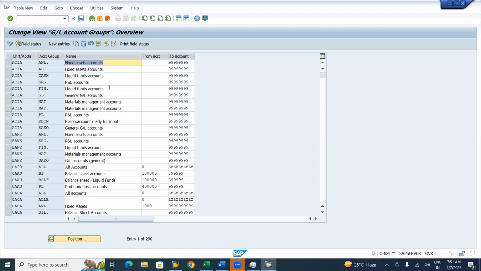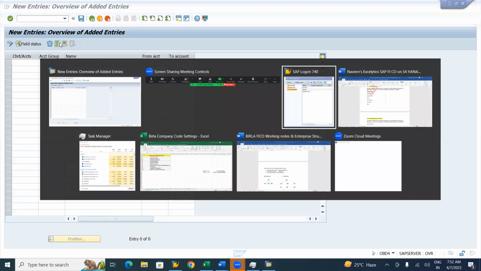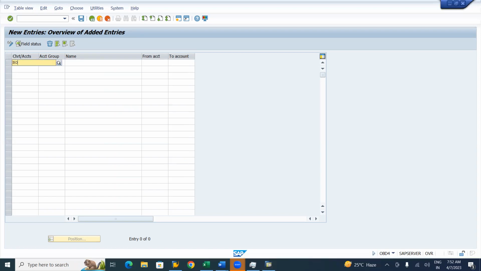Right now, press new entries. What is our chart of accounts we have given? Our chart of accounts, we have given as BOCA. So here, I'll give it as BOCA. Account group, I'll give it as